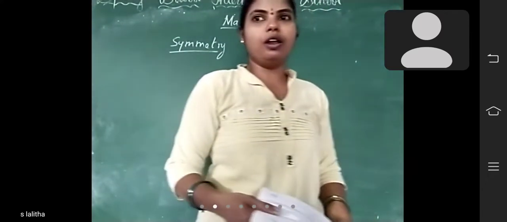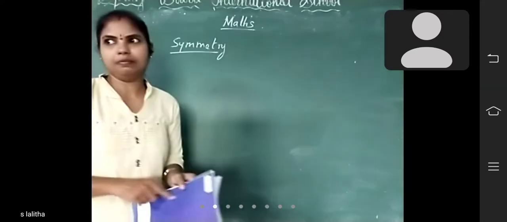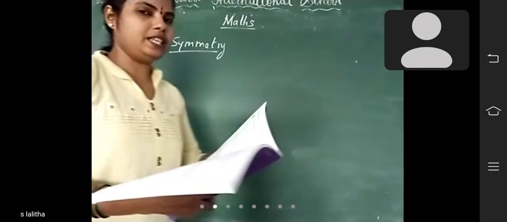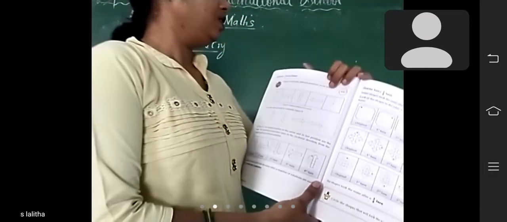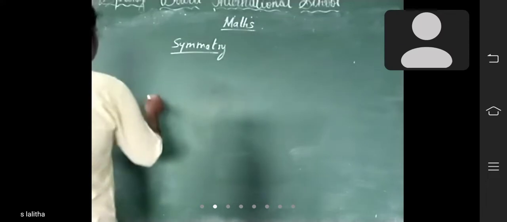Open your studio, all of you, page number 30. See this web activity, children. Figure 9 shows the different positions of an arrow. See here, the first position is like this. It is the original shape.